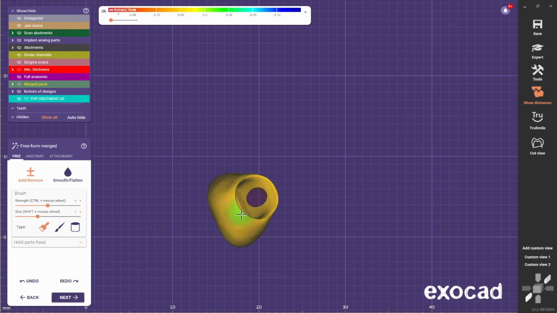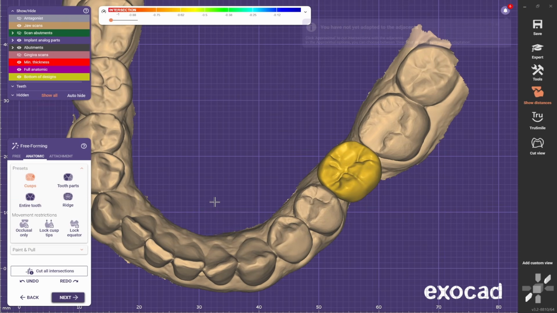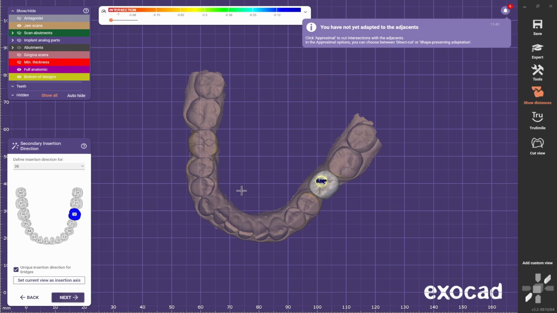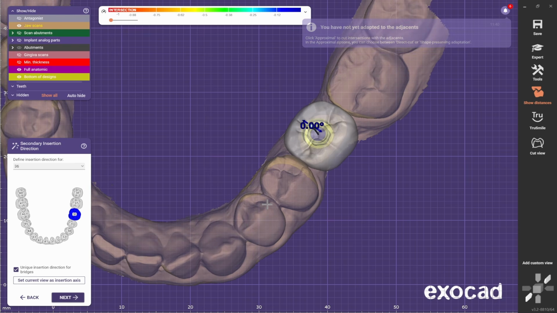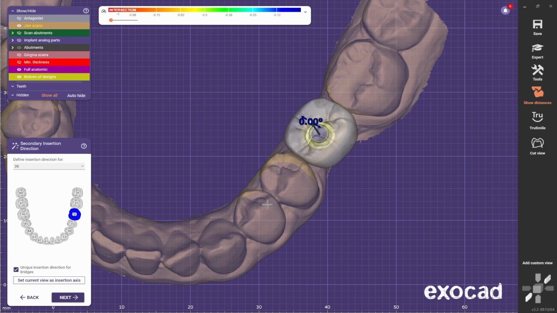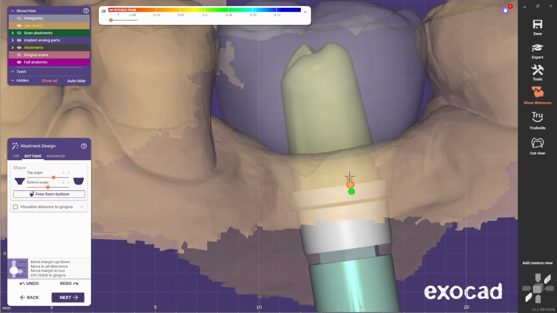Now the custom abutment and the crown are ready to be milled. And now I'm going to show you how to do this on a posterior crown. I have the design already made of the crown, and now I'm going to select the secondary insertion direction. I always try to gauge more or less where the top part of the crown is and select set from view. As we did on the central, the first thing is to do the bottom part of the abutment,